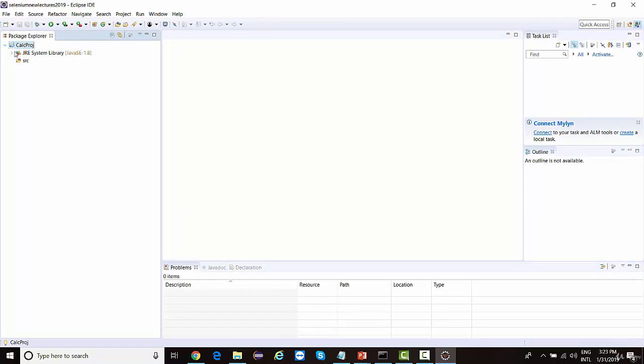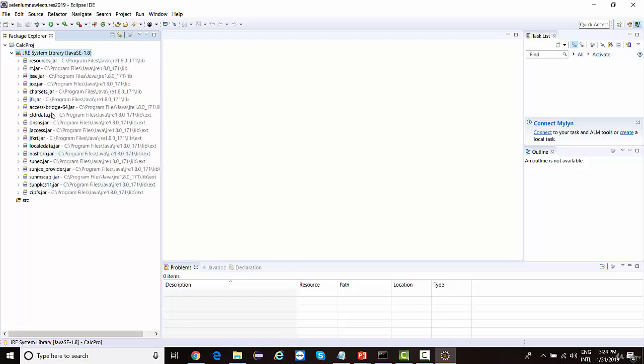If you open this, you'll find one SRC folder where you'll be creating all the code, adding classes, right? And this is another thing called JRE System Library. These are internal Java classes which are available in the form of jar files. I mean, a jar file is basically a collection of classes, interfaces, a number of things. So it's actually the basic core Java internal classes that are there in these jar files. Right. So what are these jars? How do they actually work? We'll be discussing these things in this session itself.